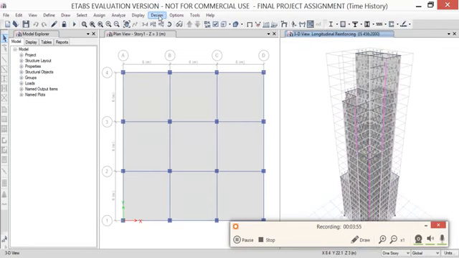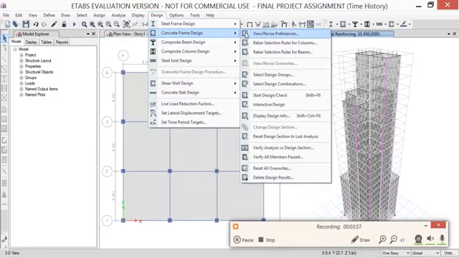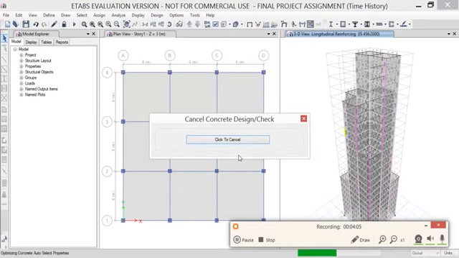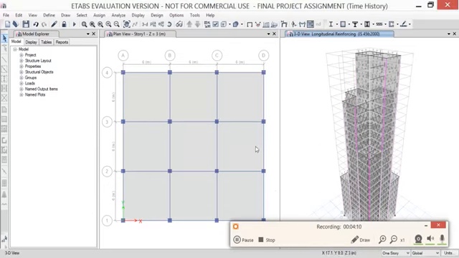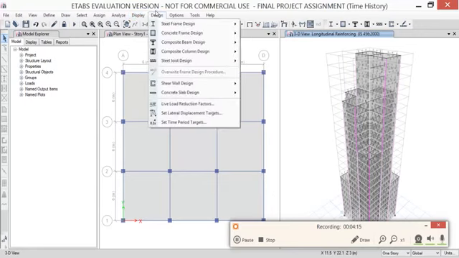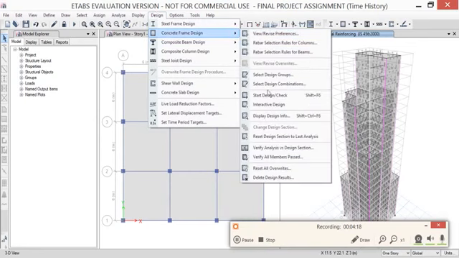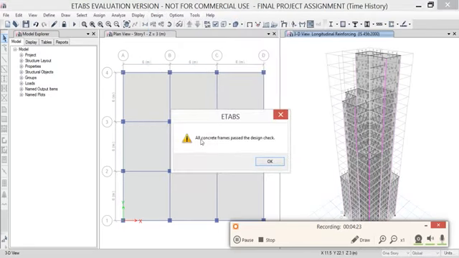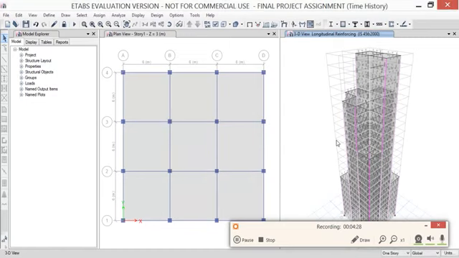After the design is completed, we can verify whether our design has properly passed or not. For that we will go to concrete frame design, start design check. The design check will be carried out for all the beam sections as well as the column sections. After that we can see the option of whether all of the members have passed the design check or not. For that we will go to verify all members passed. Here we get the message that all concrete frames passed the design check. That means we have correctly analyzed and designed the G+23 story building.